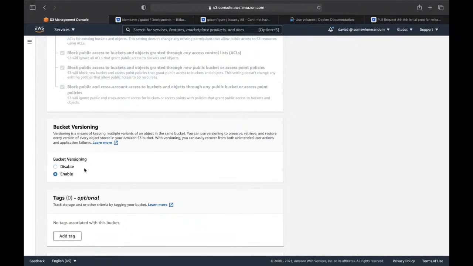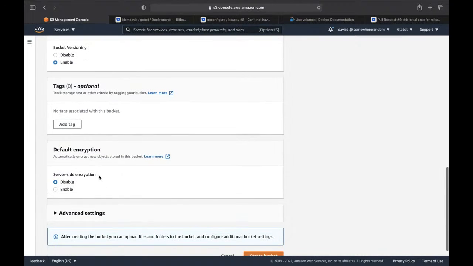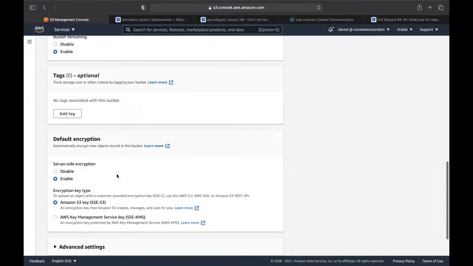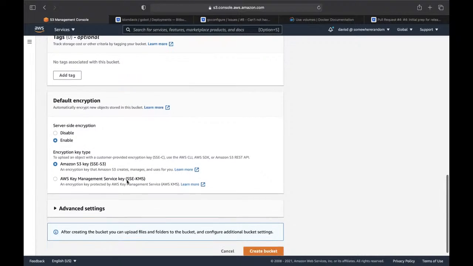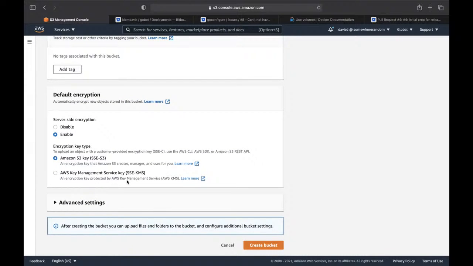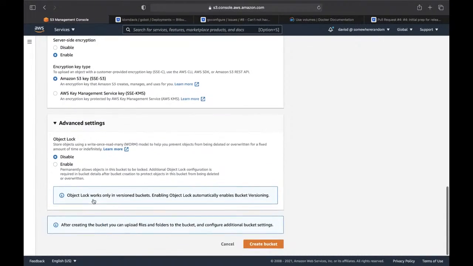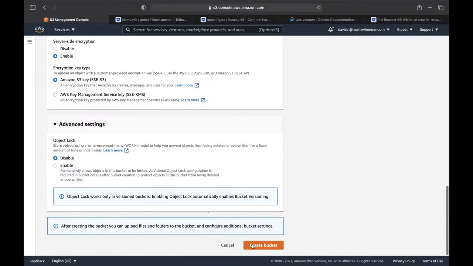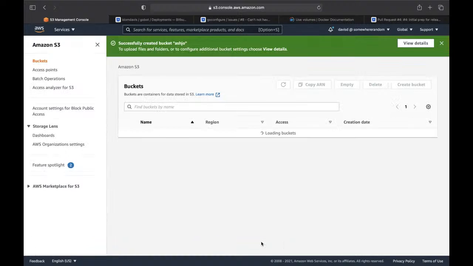Bucket versioning, I'm going to enable. And I am going to enable encryption because I'm putting keys up here. And we'll just use the Amazon S3 key. Don't worry about object locks and stuff like that. So we can create this bucket, which no one has access to apart from me at the moment, which is